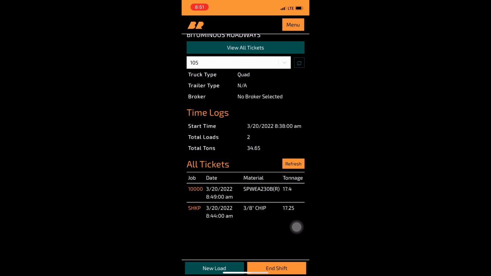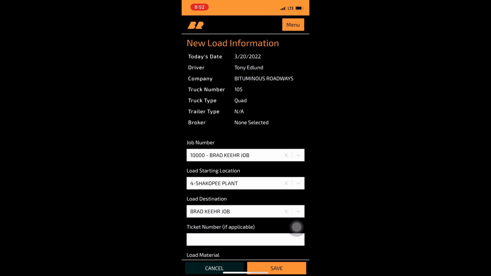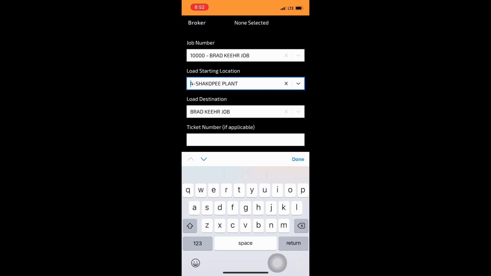Looking at the summary, the last load that you loaded is now at the top of the list. I'm going to add one more job. So new load, the green button. We're going to pick up some material from Brad Keir's job on the return trip. Now that the truck's getting loaded again, our job number is still Brad Keir's because we're out there. Your starting location now will be